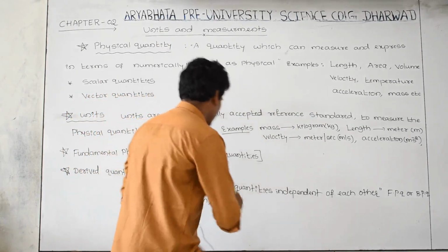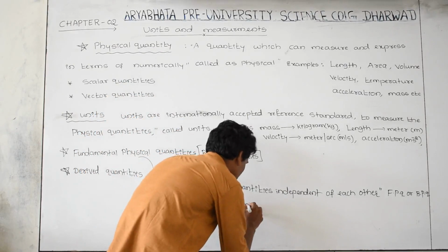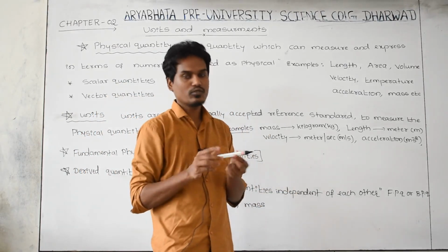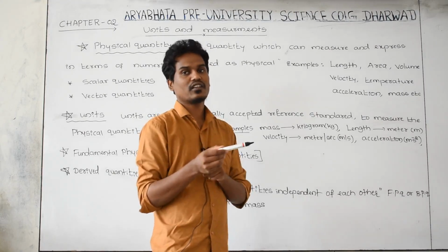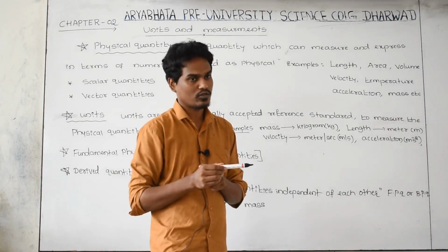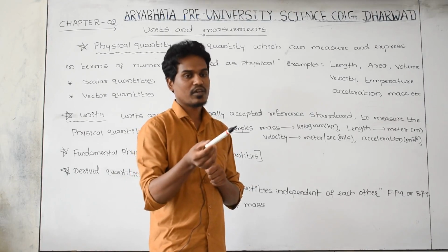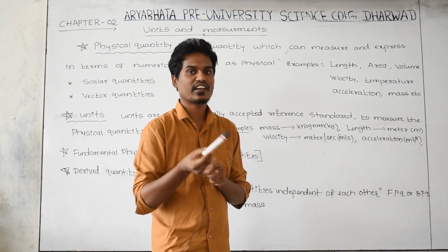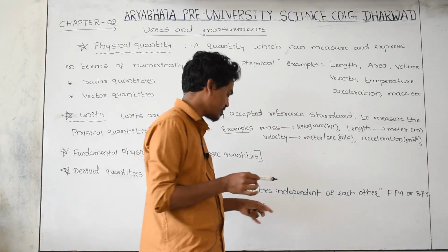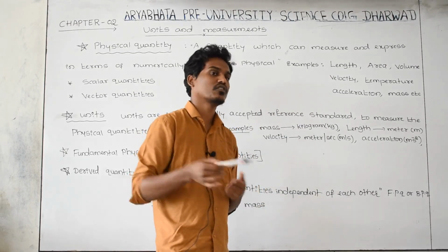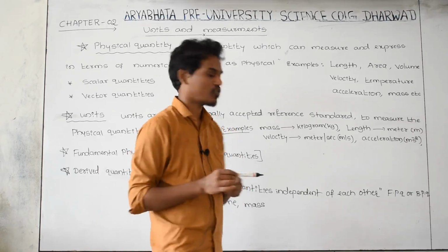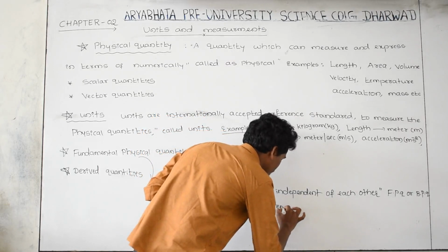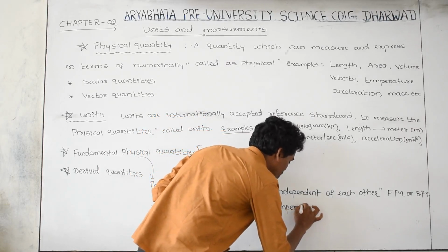Getting? And next, length, time, mass is there. For example, in order to find out the mass of this marker, I can directly find it out. What is the mass? Just take this one and keep it on the weighing machine. Directly we are getting the mass. Yes, the mass is a physical quantity. It is independent, means not depending upon some other quantity. Length is there, time is there, mass, and temperature is there, and temperature is also the same.